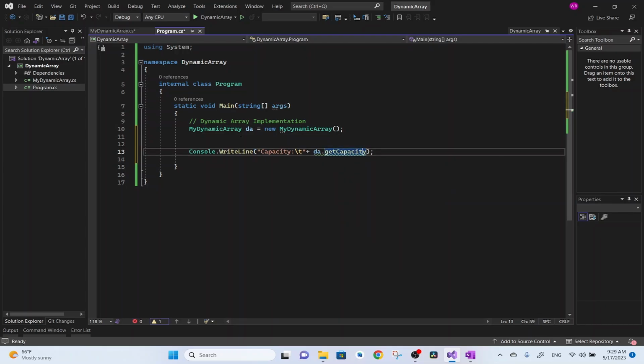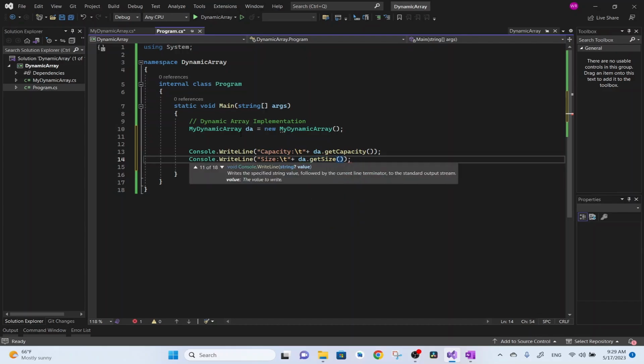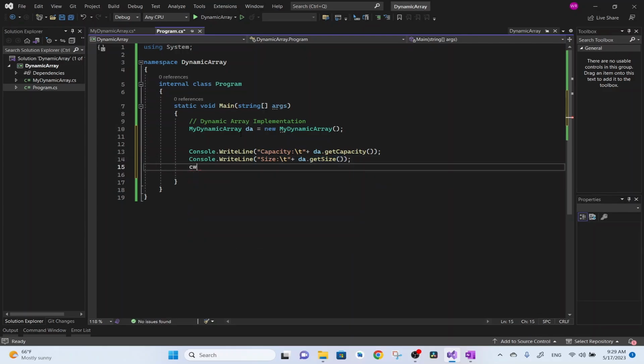Same way I'm going to print the size: size, da.getSize. Also, let's print whether the array is empty or not. So is empty, \t da.get